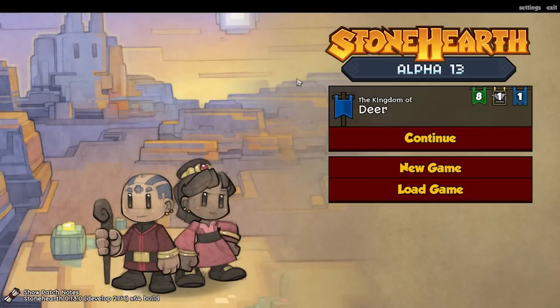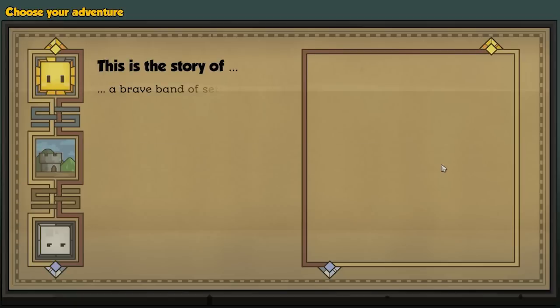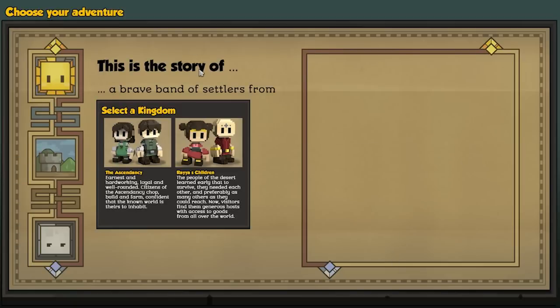So this is really exciting to have actually released Alpha 13, and this houses a lot of new changes, a lot of fixes and so on, so I'm gonna go and explore those together with you guys, and hopefully you guys can enjoy it. So we're gonna make a new town, and this is pretty different than it used to be. This is the story of a brave band of settlers from...